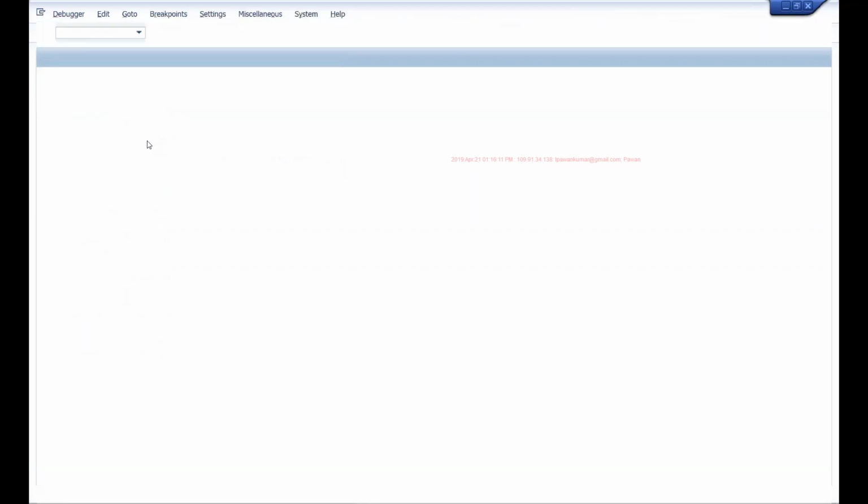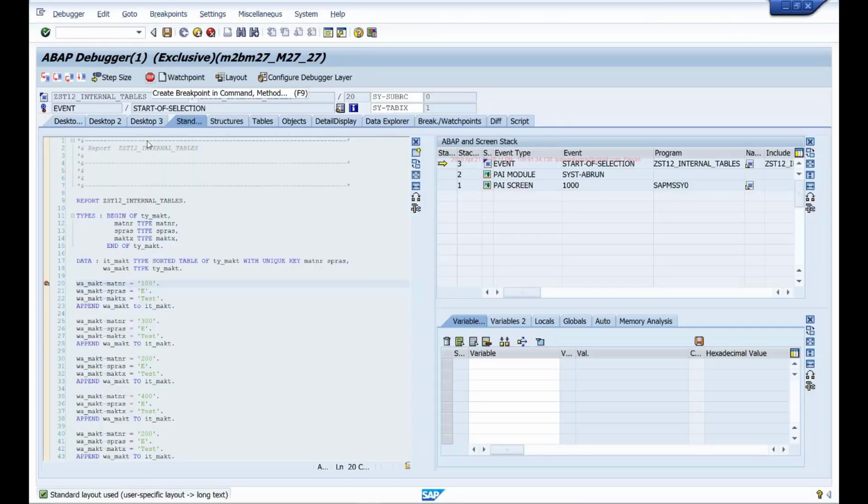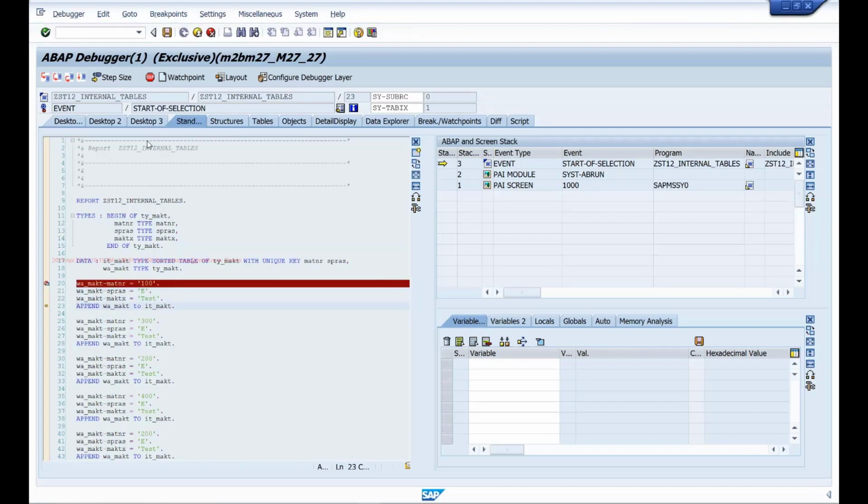For sorted tables, it will automatically sort the records based on the key, whereas for standard tables it doesn't really sort anything implicitly. As you are adding the records, it will keep on appending at the end of the table. It doesn't look at the records at all. Whereas sorted tables consider the key and sort the entries as per the key by default implicitly. For standard tables it doesn't do it implicitly, but if you want you can do it explicitly by using a keyword called sort. I'll show that also. So when I'm using this sorted table with unique key, in this case, when I use the append statement, it will add the record to the internal table.